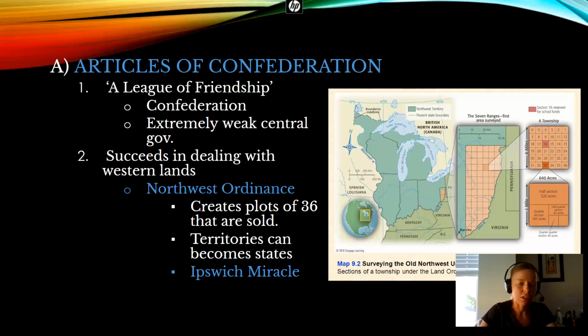So they reach that number, and then they can apply for admission to become a state. They can draft a state constitution. Until that point, they are still considered a territory with a governor that would be appointed by the Congress and whatnot. So this lays out how we're going to be adding future states in a peaceful way that won't cause